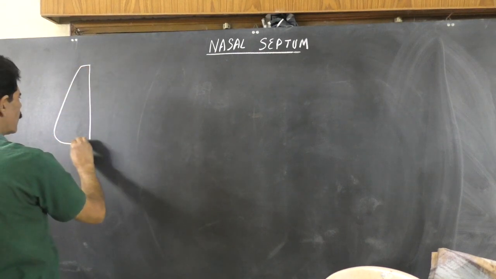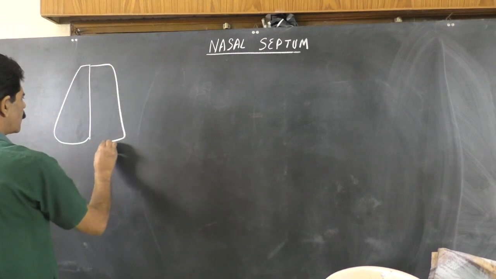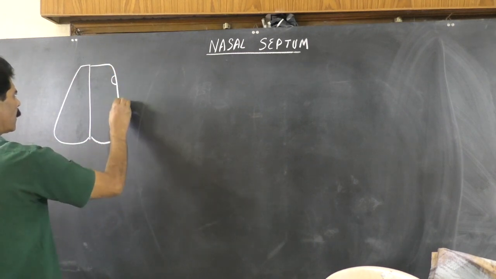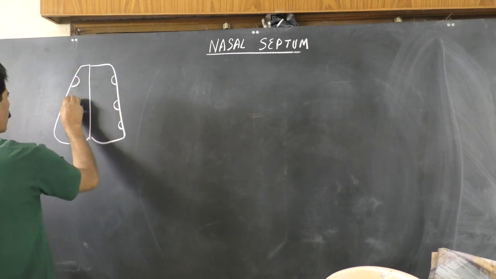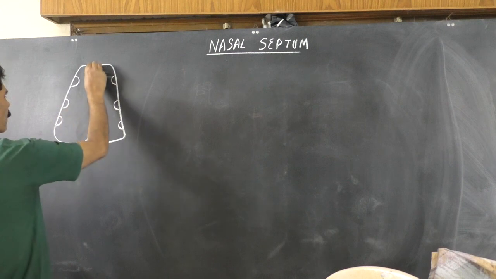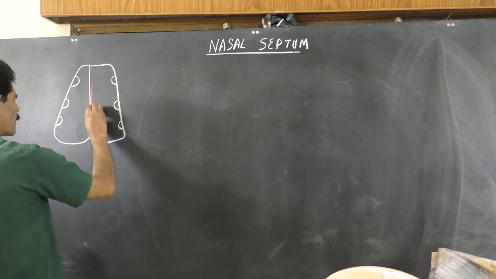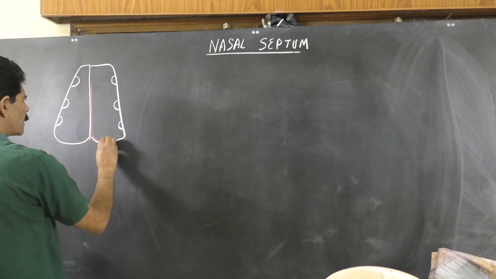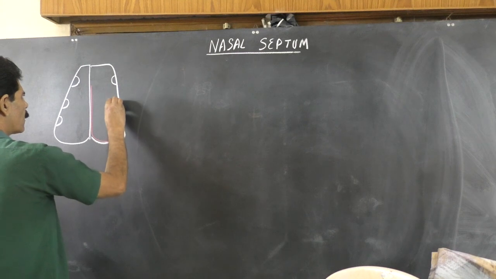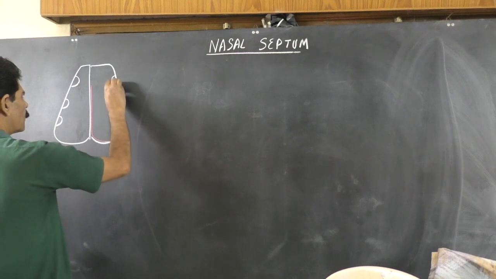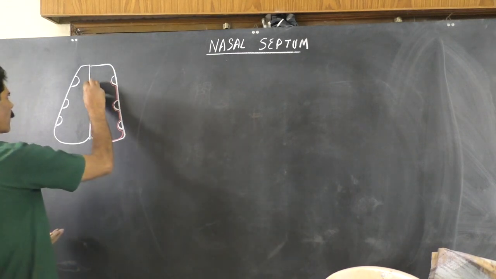and it is vertical in position, while the lateral wall is oblique and has three elevations, the three concavae: superior, middle and inferior. But the septum is straight and vertical, and it is covered in most of its lower part by the ciliated columnar epithelium, which also lines the lower two-thirds of the nasal cavity,